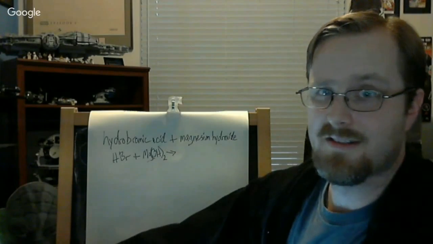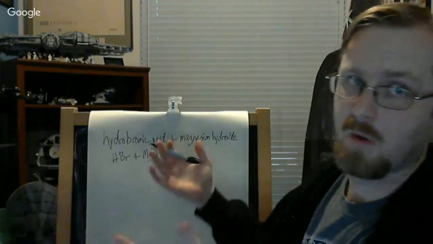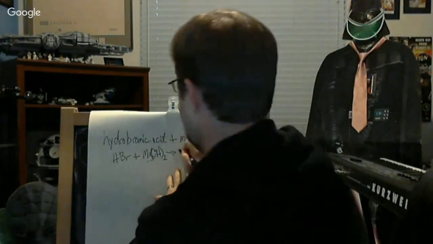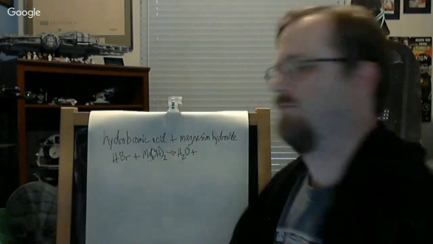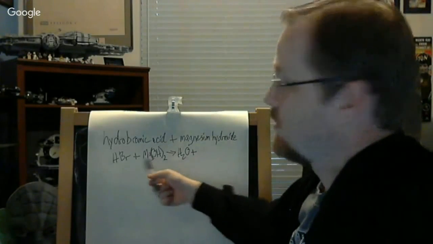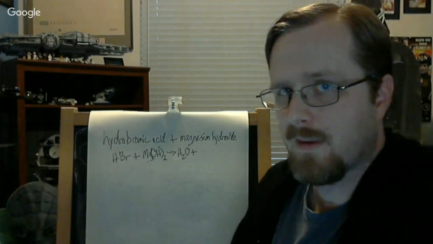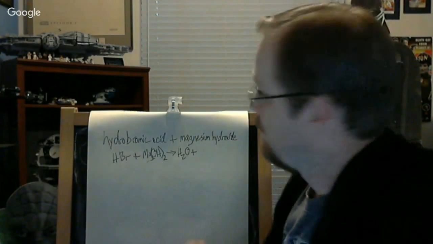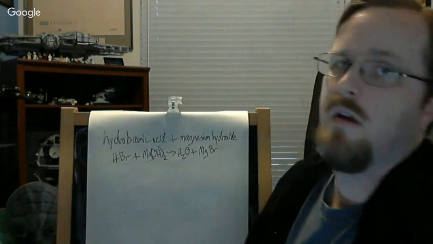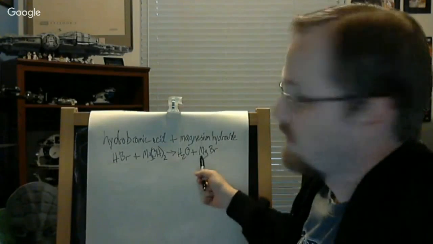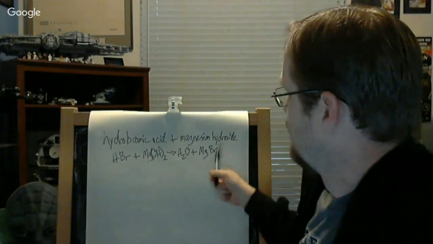All right, so hopefully that is enough time for you guys to figure out what the products are. So let's do it. Okay, neutralization, first product is always H2O. The other product is going to be the combination of the other 2 ions left over. In this case, it is bromine and magnesium. Magnesium goes first because it is the positive ion. So Mg and then Br. And then we got to look up their charges. Once again, magnesium is in group 2, so it has a charge of +2. Bromine has a charge of -1. So +2, -1, meaning we need